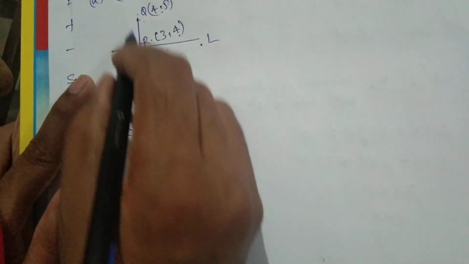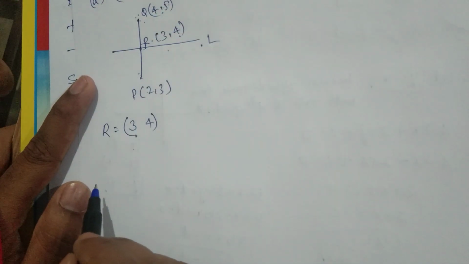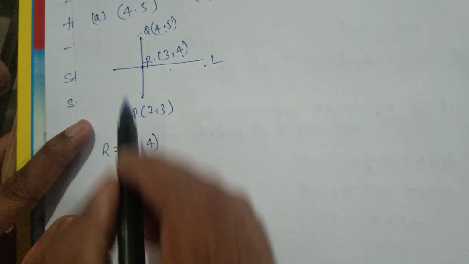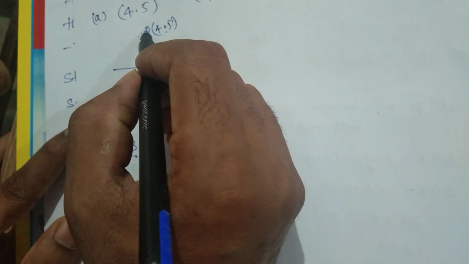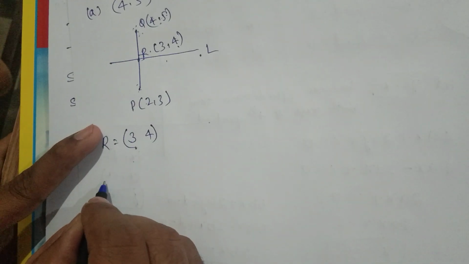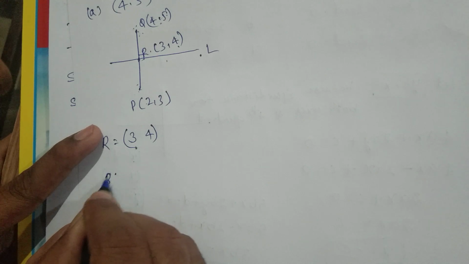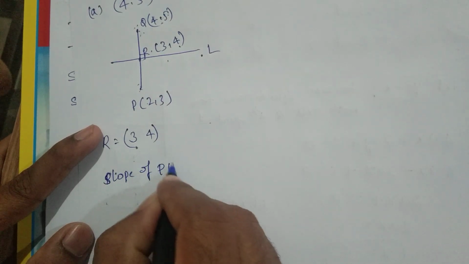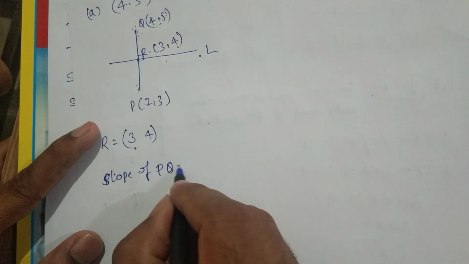Now, what is the slope of this line? We can find the slope of PQ. This line is passing through the two points Q and P. What is the slope of the line when it is passing through two points? The slope of PQ is equal to